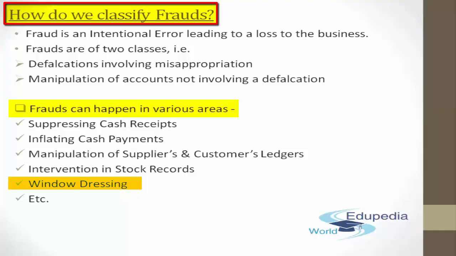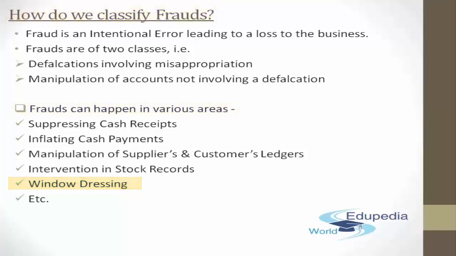It's something which is done intentionally, for the purpose of defalcation or manipulation, and these were the ways in which that can be done. I hope I was able to provide you the best kind of clarity with respect to these basic common examples of how you can classify the frauds. Perfect. Shall we proceed further, guys?